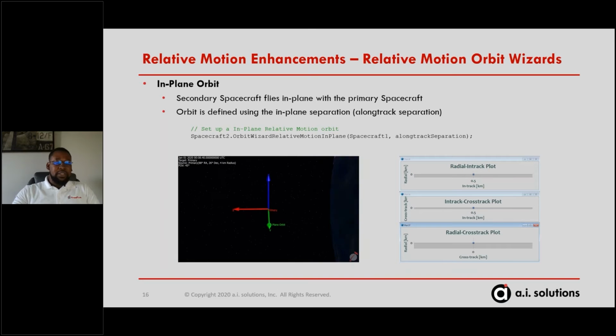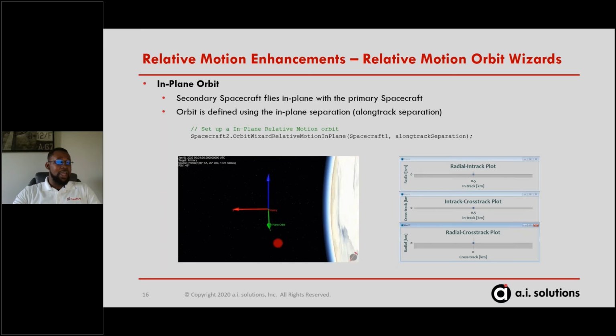The next one is our In-plane orbit wizard. So this will set up your secondary spacecraft to fly in plane directly with the primary spacecraft. Now this orbit is only defined using the in-plane separation, or your long track separation. And as we can see in our GIF here, our in-plane orbit is basically staying perfectly aligned,